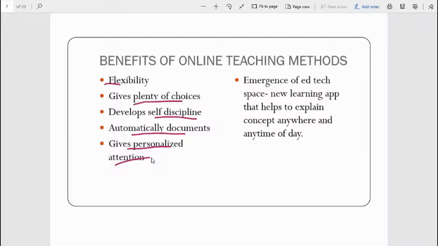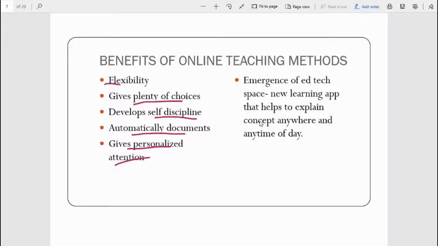So it gives personalized attention, because when discussion is going on in the discussion forum, if a learner is having a problem, say for example in maths, the teacher can pay personalized attention, give them more problems to practice, and help them clear their doubts.